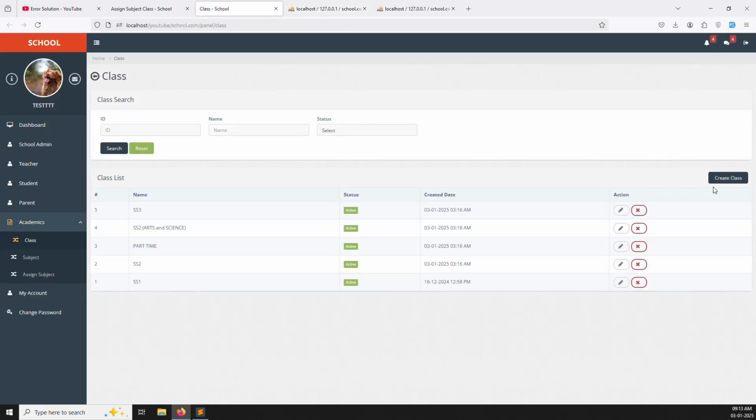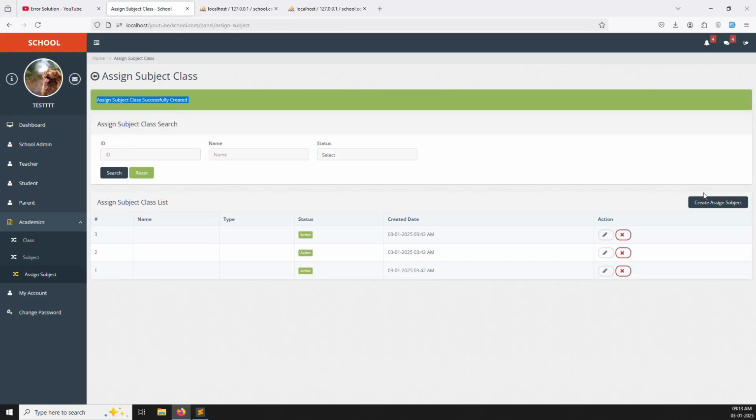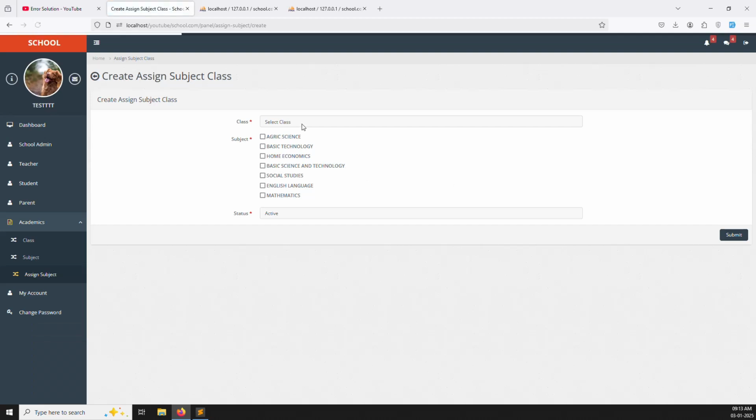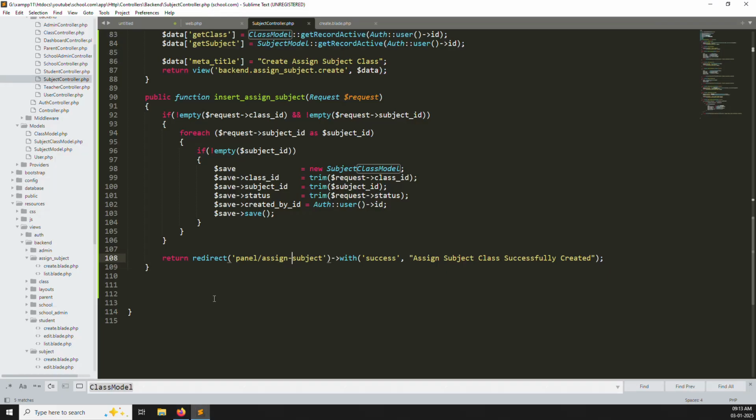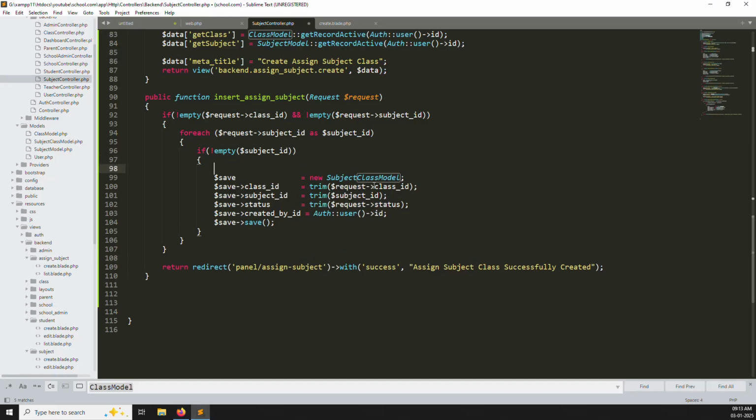But here is the problem. Let's close this one. Suppose you do the same class again, and you choose this one, so it's going to create a duplicate entry, and we don't want a duplicate entry. So what we can do is check whether this subject is already inside this class; suppose it is there, then we don't want to add it to the database. So we need to check the condition here, subject class id